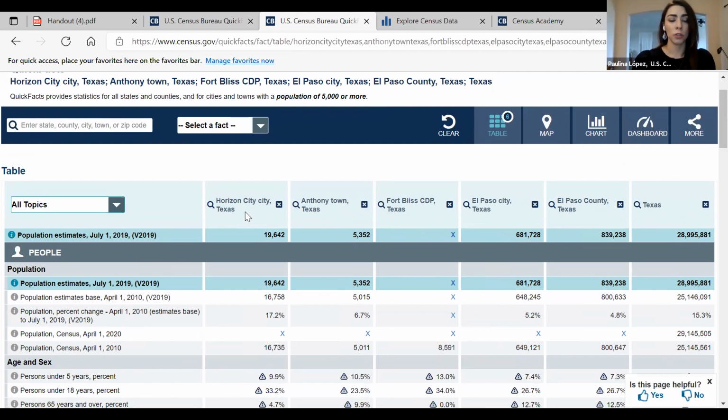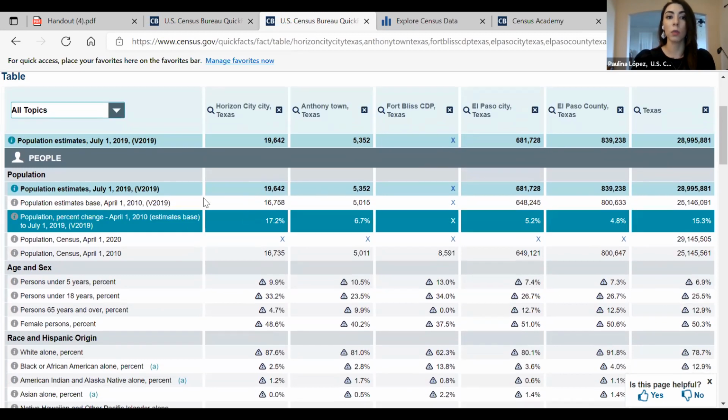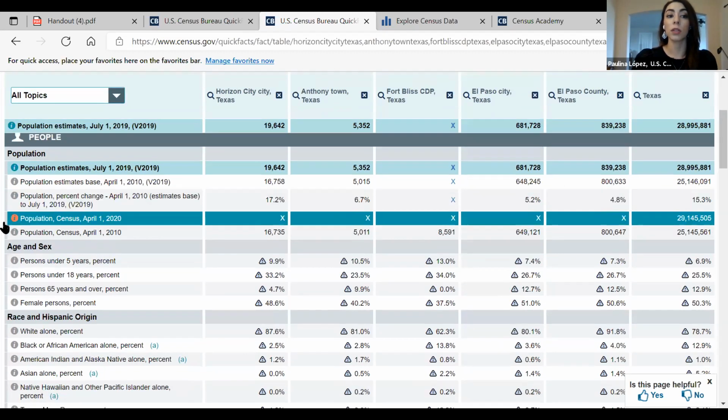As I mentioned, QuickFacts combines many different surveys and censuses all in one place. We see population estimates that we release every year; these were the July 2019 population estimates. It also combines the decennial census information.